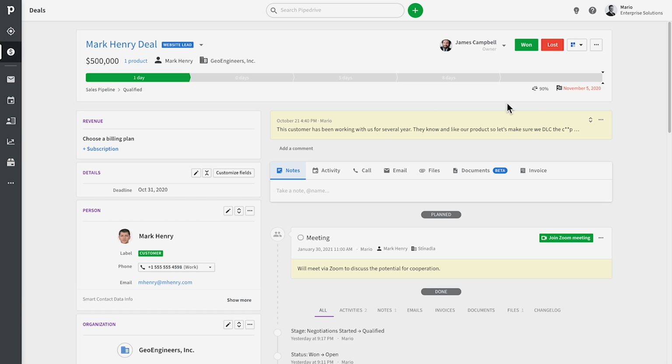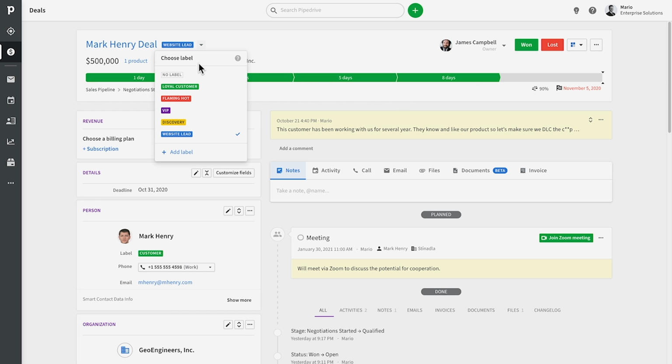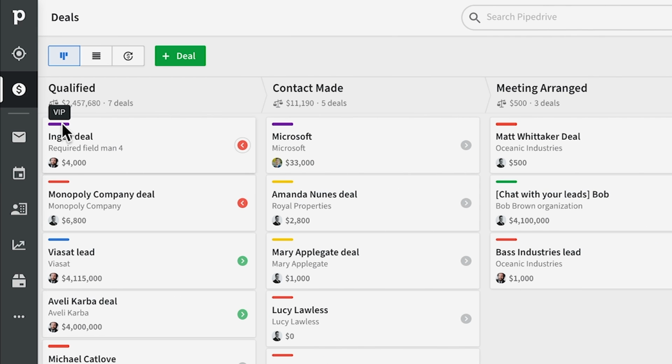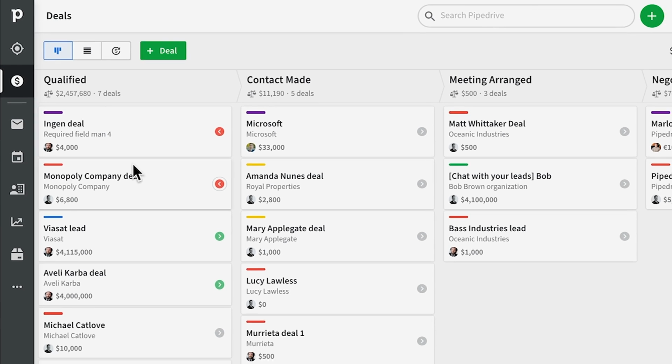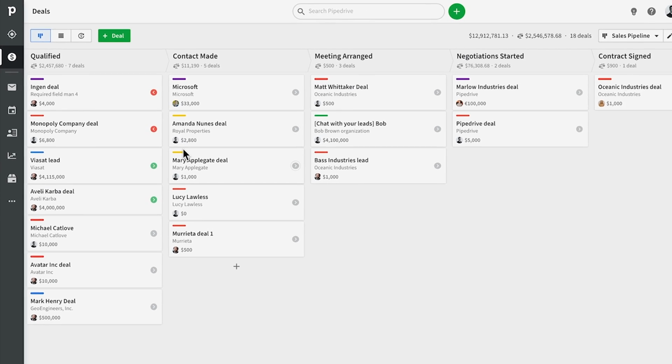Over here on the top, we show you the main details and what stage of your sales process your deal is in and how long it's been there. You can technically move the deal along any stages in any of your pipelines just like this. It's here we can also apply some colorful labeling, and these labels also show up in the pipeline view, just so you know. And of course you can also filter deals based off of these labels.